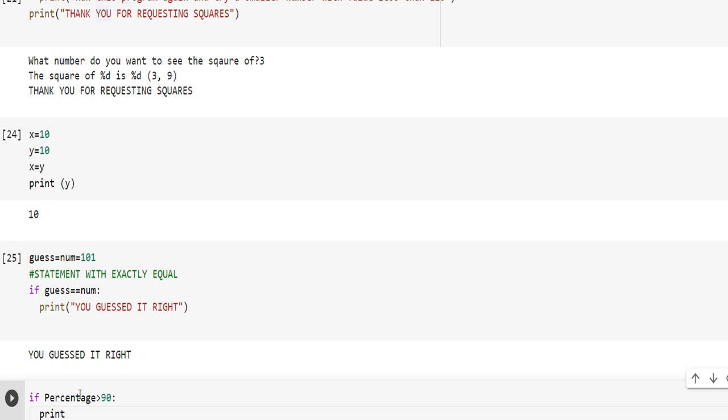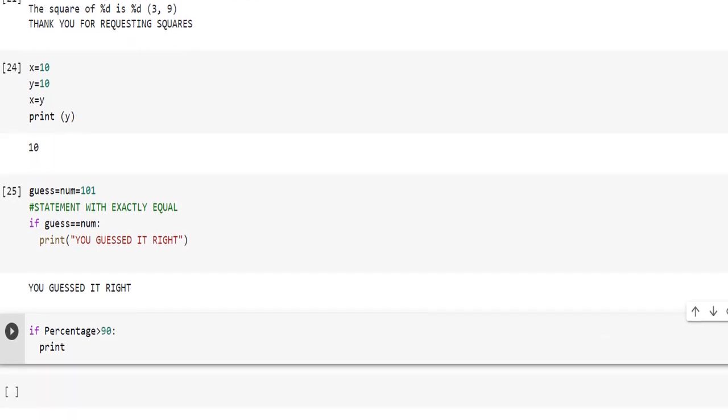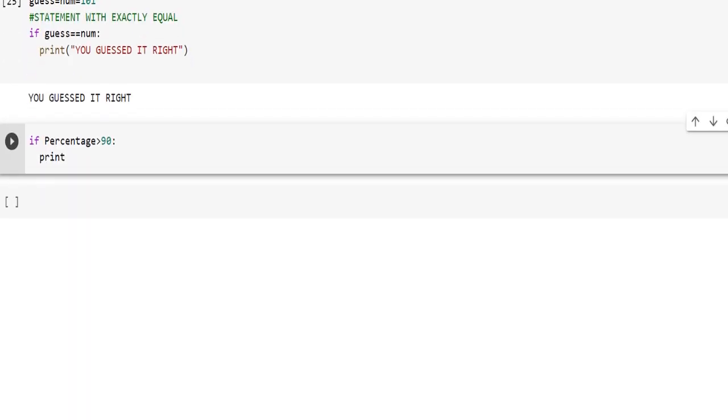If you miss the colon, you will make a huge mistake. So, if percentage is greater than 90 colon, the indentation has started. This space is the 4 spaces as per the Python style guide.